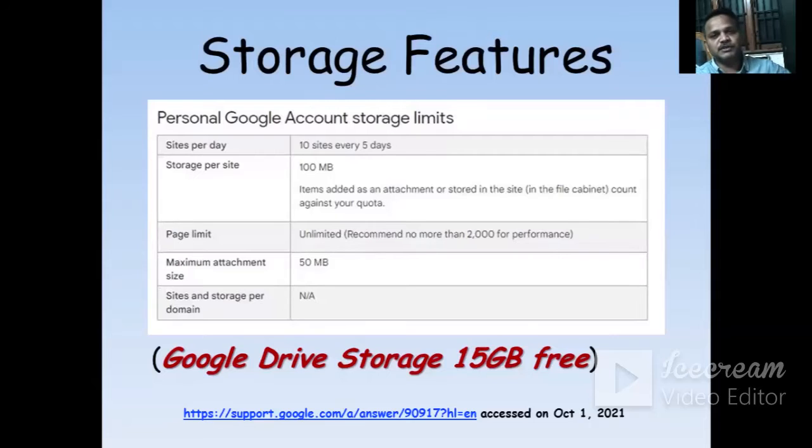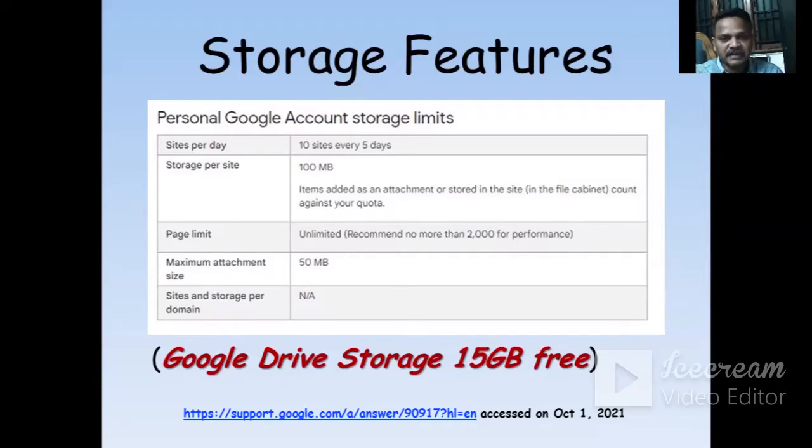What are the features of Google Sites? For your personal website, you have Google Drive storage of 15 GB free. For personal Google Sites, the storage per site is 100 MB.